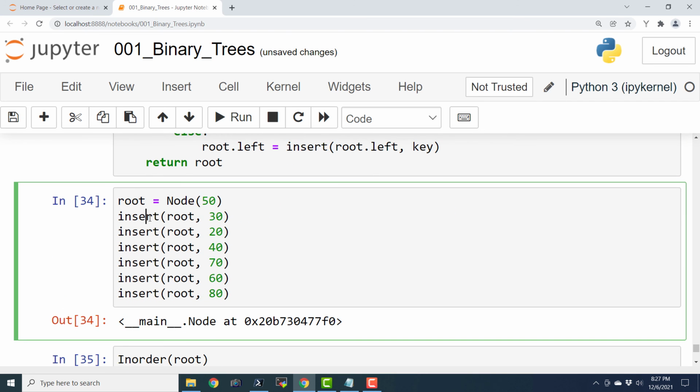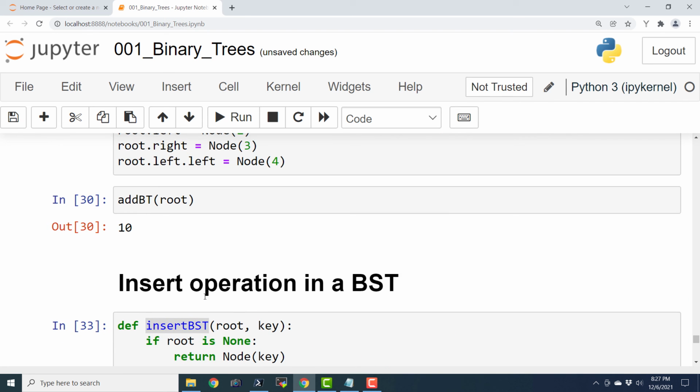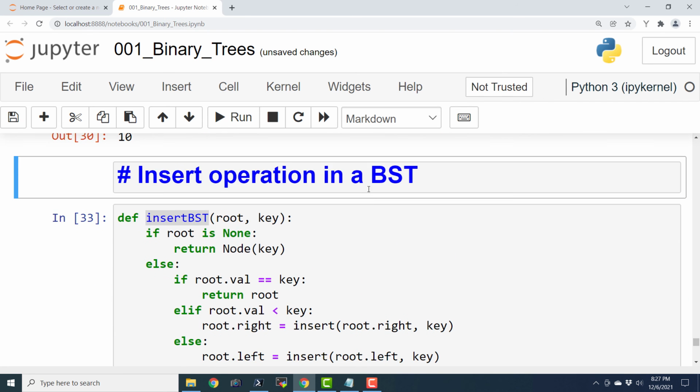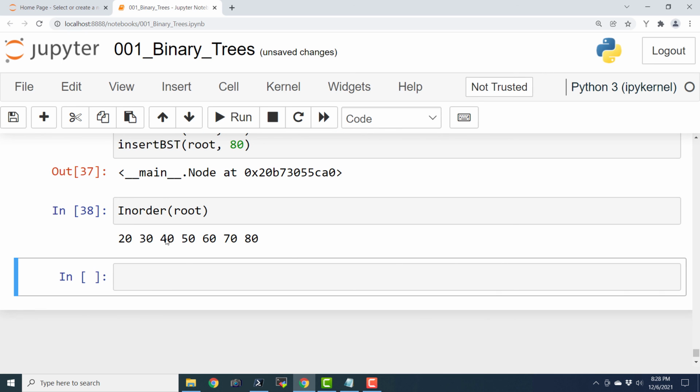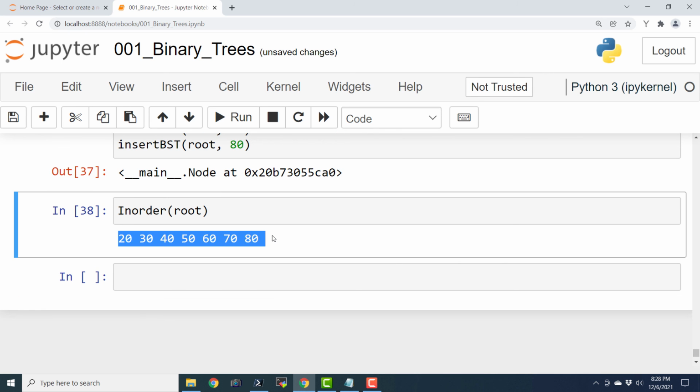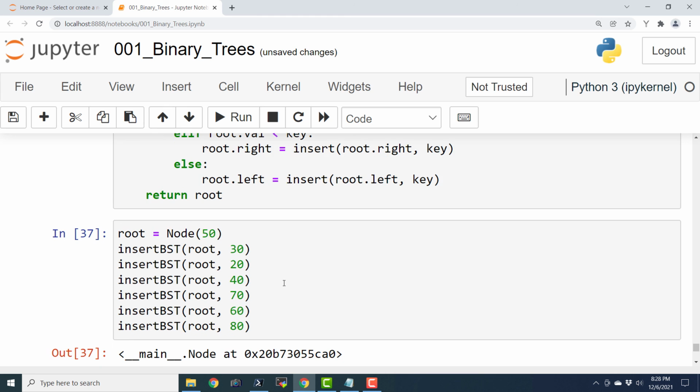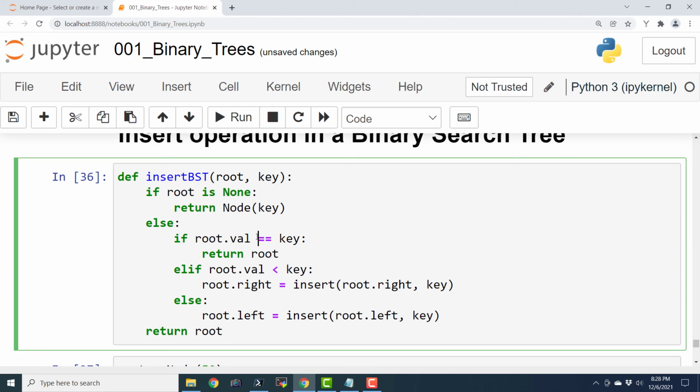For our understanding, here also I'm going to make modifications, binary search tree. If I execute this, the output is going to be the same. So this is how we can insert in a binary search tree.